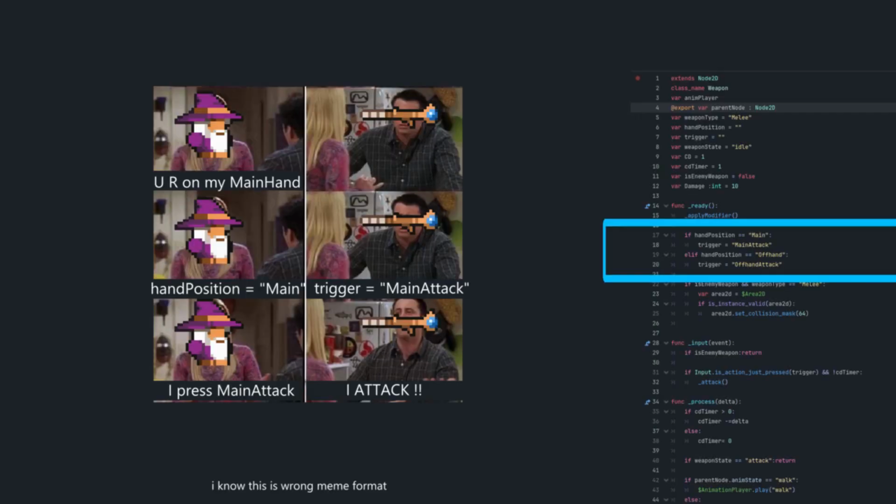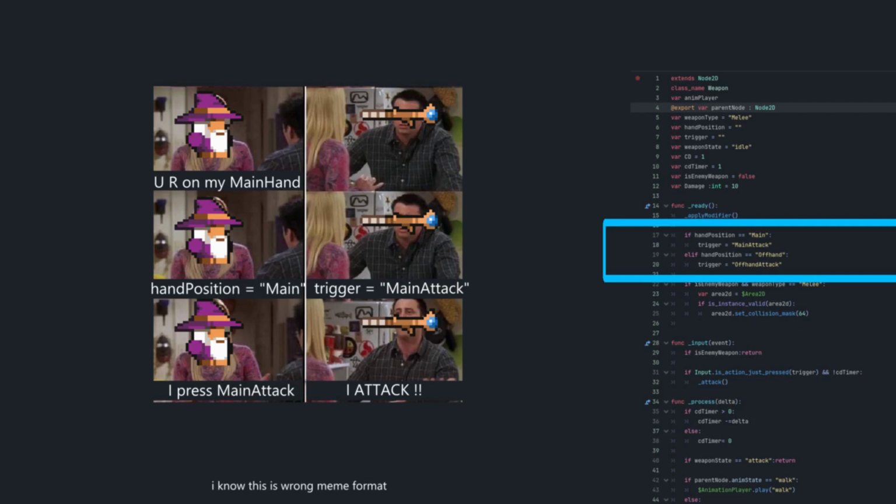Okay, now let's get into the ready function. In the ready function, first we'll do apply modifier. I'm going to explain it later. It's going to assign itself based on the hand position given by the parent node.